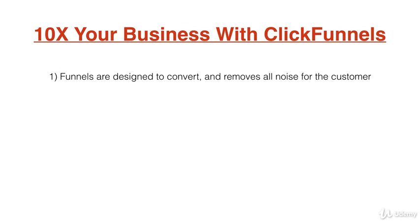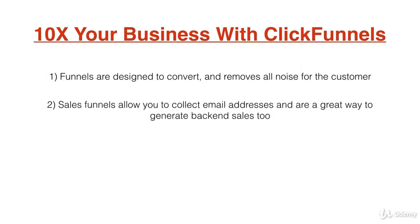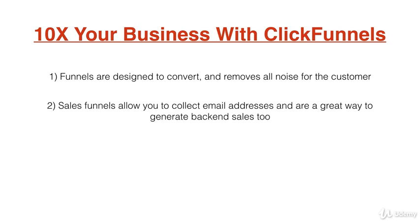So you're already starting with an advantage, and that's that some serious marketers have already put a lot of work into the templates. Now, sales funnels allow you to collect email addresses and are a great way to generate back-end sales too. So the good thing with ClickFunnels is not only do they have ready-made funnels, but they also have